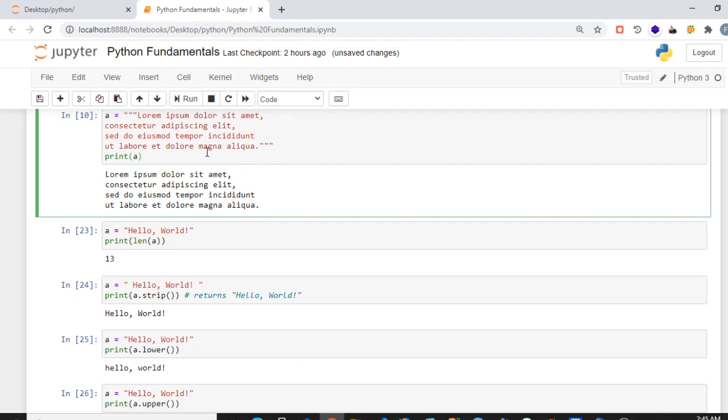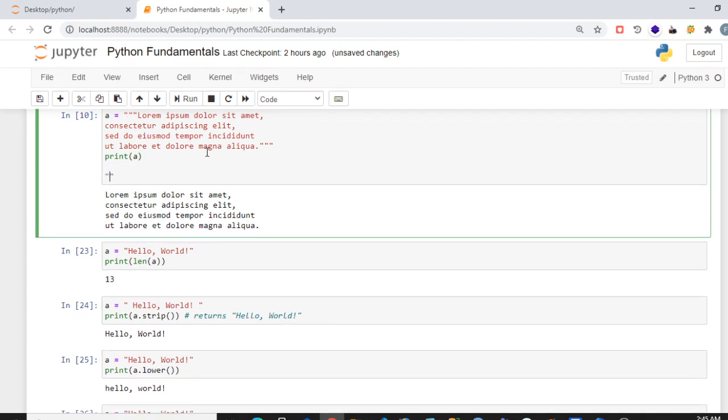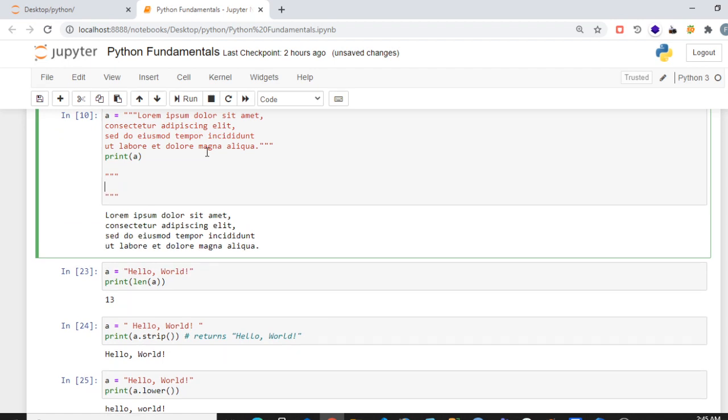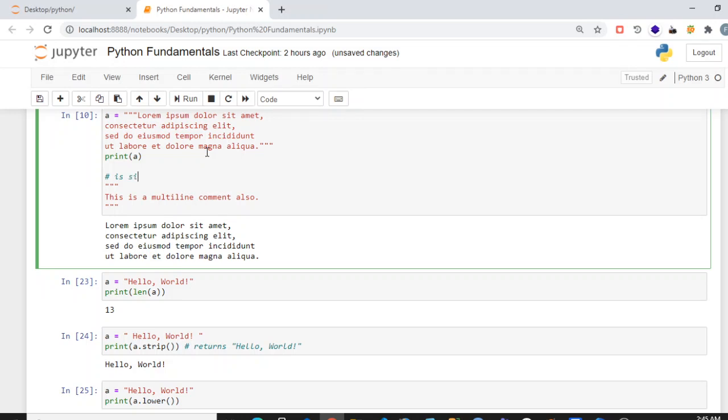And three inverted commas are also used as multi-line comments in Python, whereas hash is a single line comment, while triple inverted commas are multi-line comments in Python.